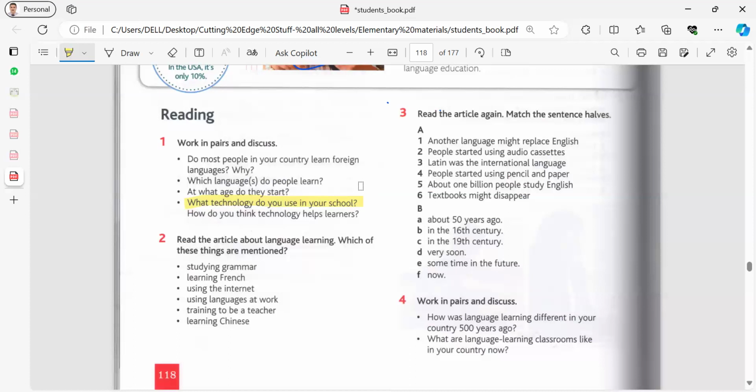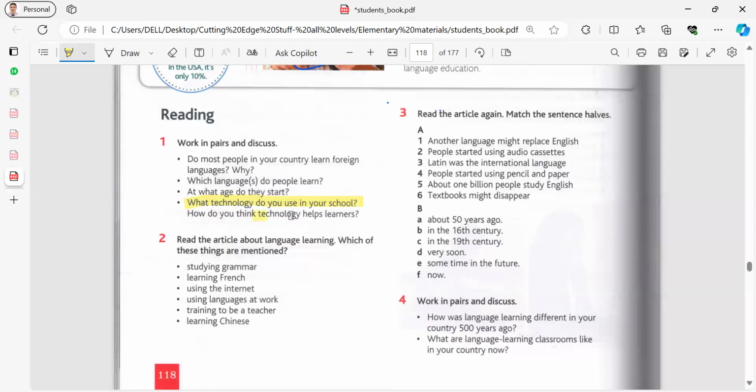So now you are staying home and learning. You are homeschooling, guys. What do I mean by homeschooling? Studying at home. Now your home is your school. So no need to go to a school to learn. You can learn anywhere. Wherever you go, you can learn. That's what we call technology.